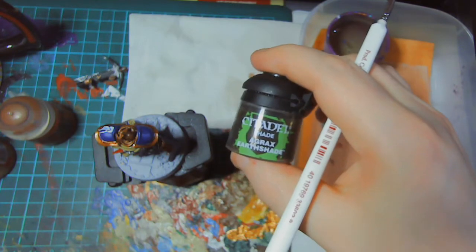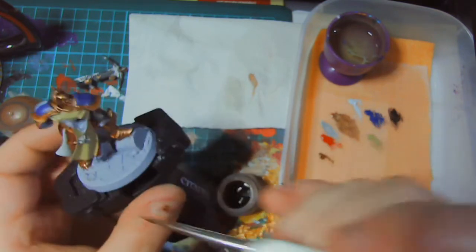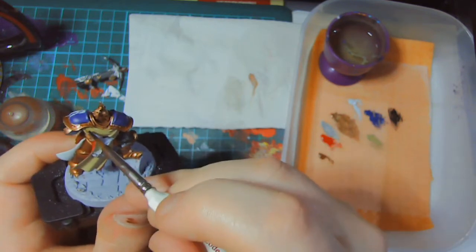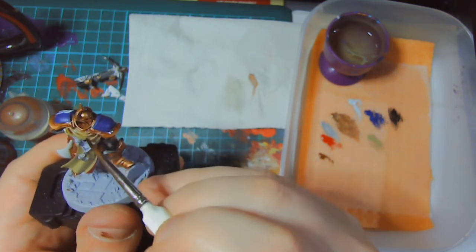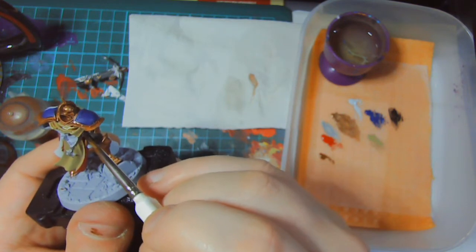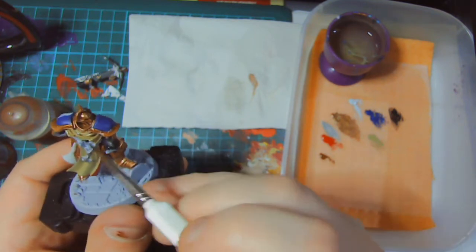Alright, next up is some Agrax Earth shade, and you'll have to excuse my broken pot on this one. But for this, we're just going to do the recessed areas of the front cloth and back cloth. Again, just pull against an edge. Don't let it pull up too much, but pull against an edge just to deposit some of the wash down in there. You can paint over, and what you'll do is